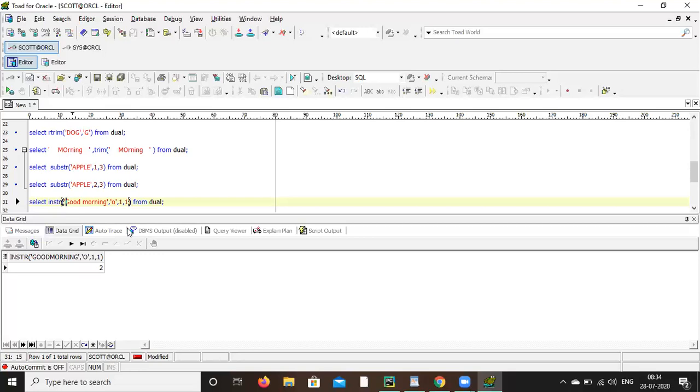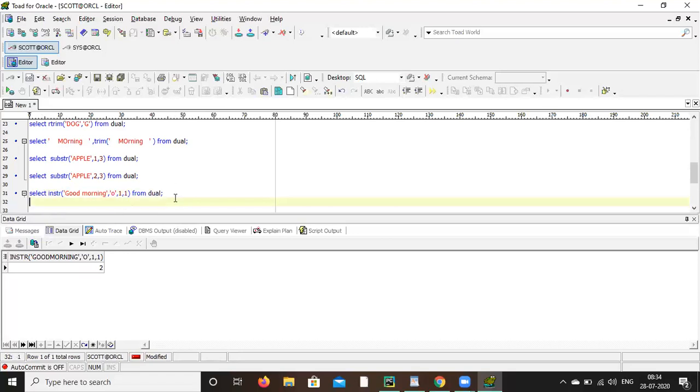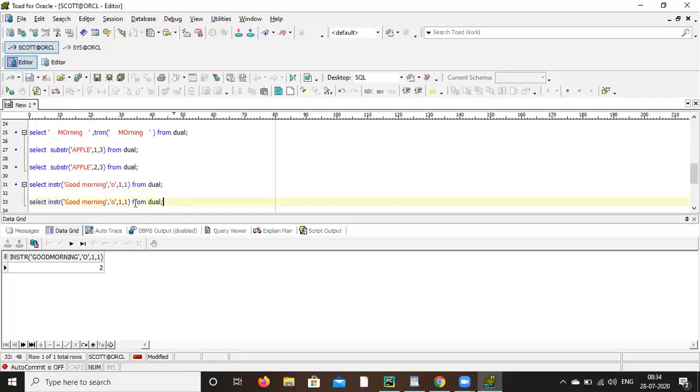Now again write the same thing, but give 1, 3. So it will start from the beginning, and find the third occurrence of the O. Clear? Now again copy and paste, give 2, 3.